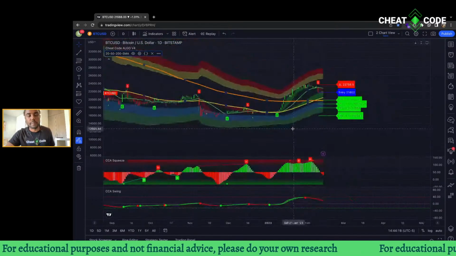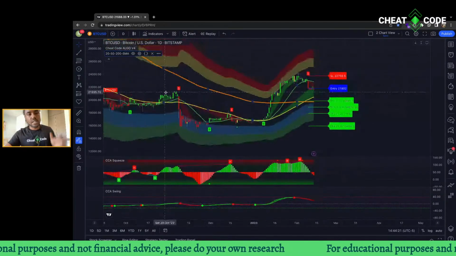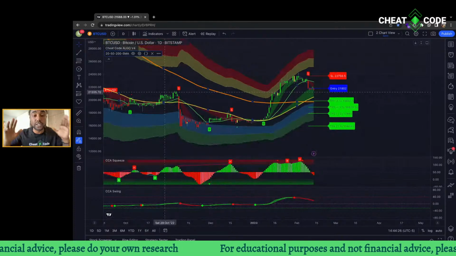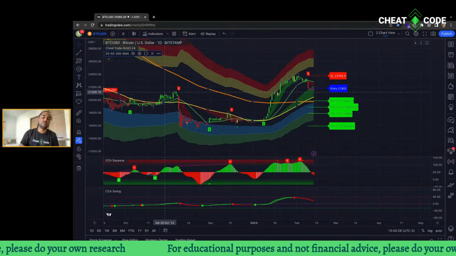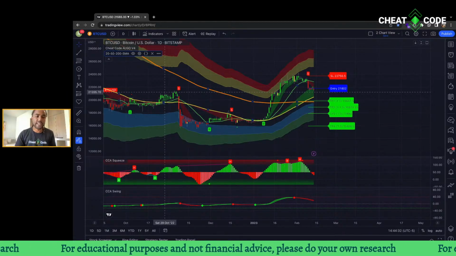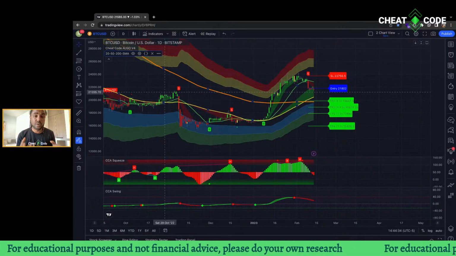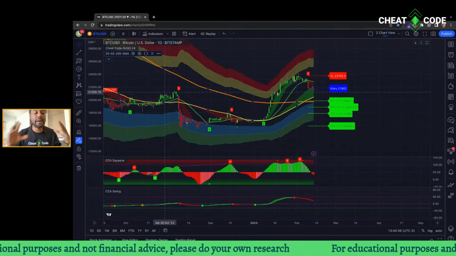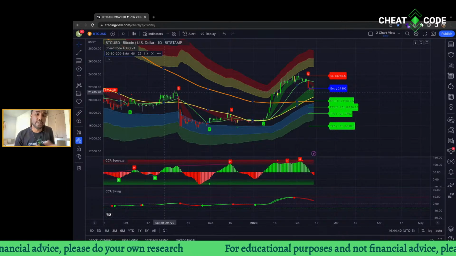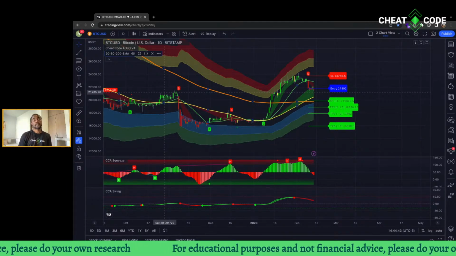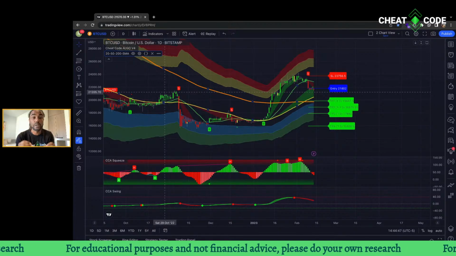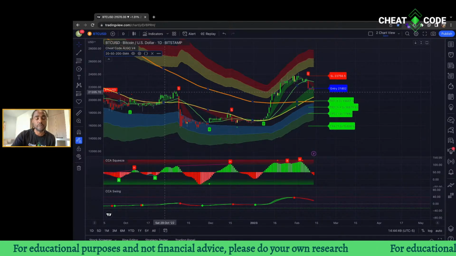Because the rule of thumb here with the 20, now we're using daily and weekly charts, okay? Remember, I'm looking at bigger time frames. I don't care what happened on a 4-hour. I don't care what happened on a 15-minute. It's a lot of bulls and bears fighting. I have no interest in seeing what happened between them. I want to know what happened in the day. So the lowest time frame I'm ever looking at when I'm charting and trying to find a trend is going to be the daily. Okay, so focus on larger time frames. It's going to make you a lot more fluent when it comes to knowing when to be bullish or bearish.